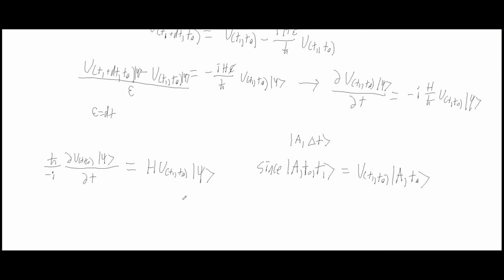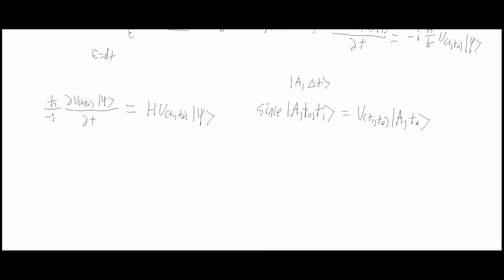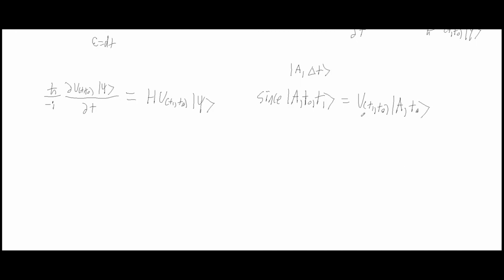And so what we can do is substitute this in for our unitary matrices and our states. I'm going to fix this up too, so we can multiply that by i over i. So i times i is -1, and then negative makes it positive, and then we just have the i up there. So we have positive i h bar,